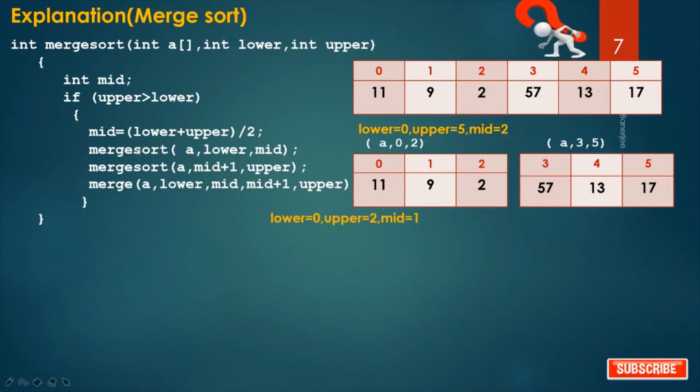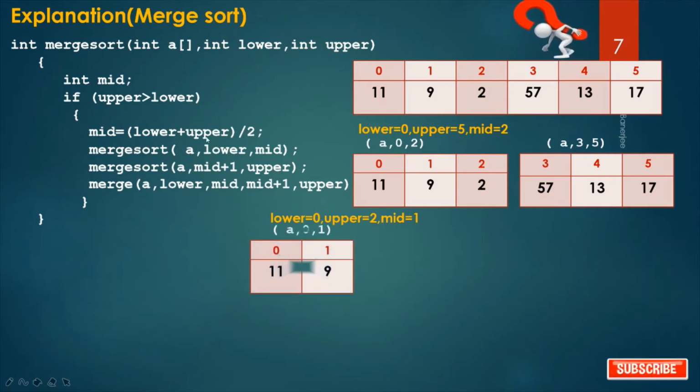So again call merge sort for the first part of the array and also for the second part of the array. From the mid, you have to divide this array into two parts and call merge sort for each part.